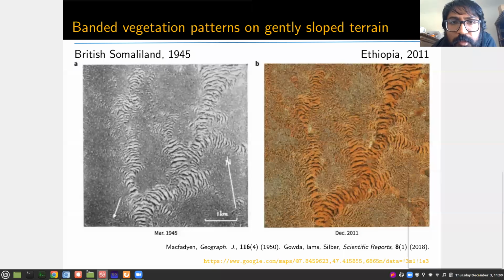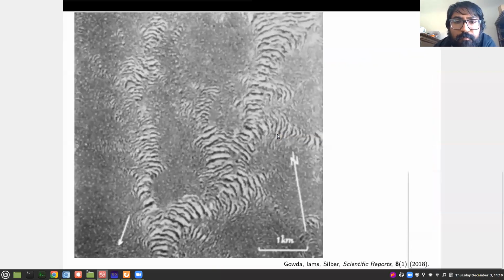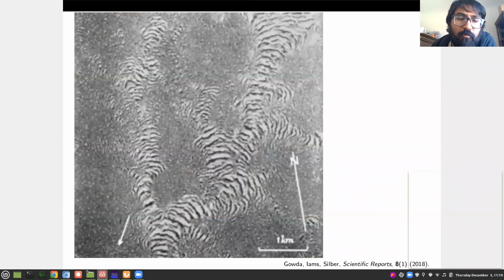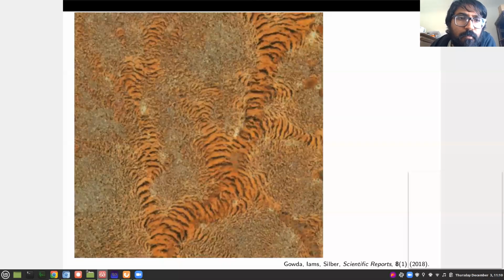And so what I'm going to do is just flip back and forth between these two images, and I want you to try to see if you can notice any changes in going back and forth between these two images. So here's the early black and white photograph, and here's the satellite image. And I'm just going to flip back and forth a little. And so hopefully you've noticed